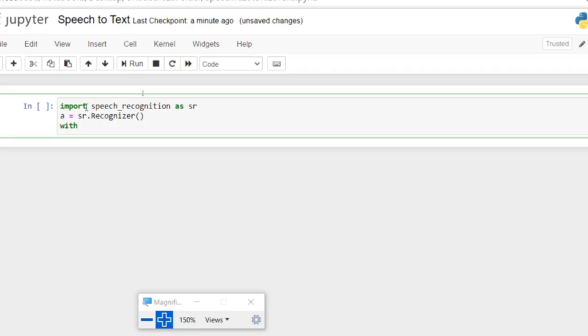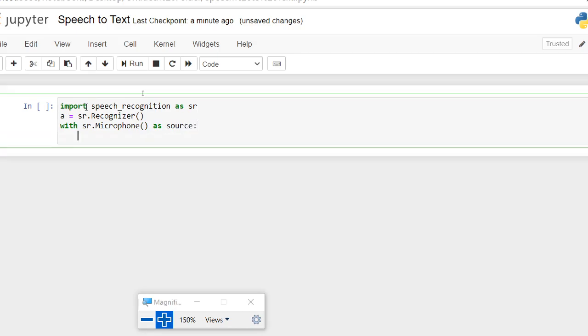Okay, so now with SR, that is speech recognition, we will say we have a microphone, so SR.Microphone(), and this will be our source. So this is the source, and with SR.Microphone() as source, we'll print "say something".